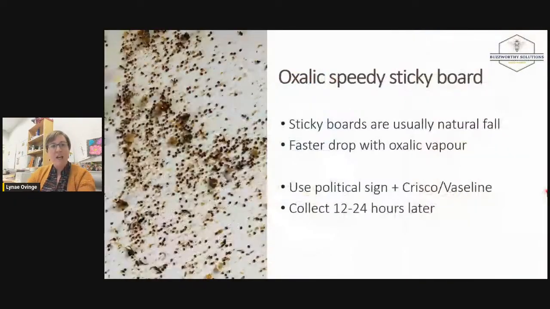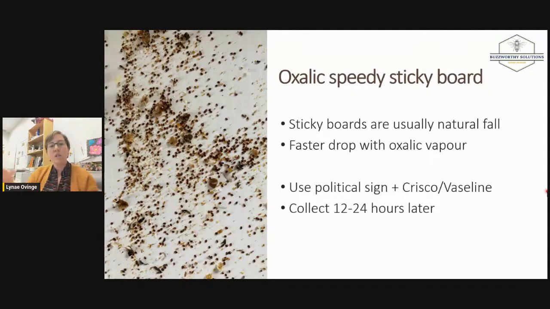And finally, I want to talk about one other Varroa monitoring tool you can use to try out your Varroa trials. And this is a bit of a weird one, or new one. I'm going to call it an oxalic speedy sticky board. It does not have a name, but that's what I'm calling it. And I know 3 beekeepers in Alberta who do this. I've never heard of it anywhere else. I've not seen it on the forums or anything.